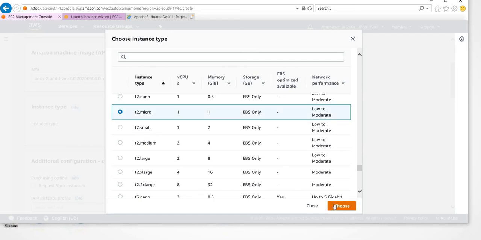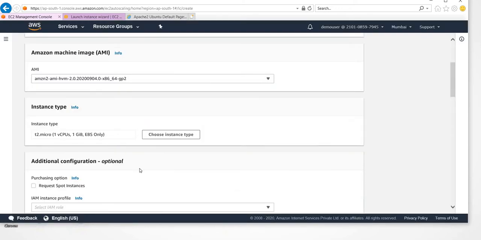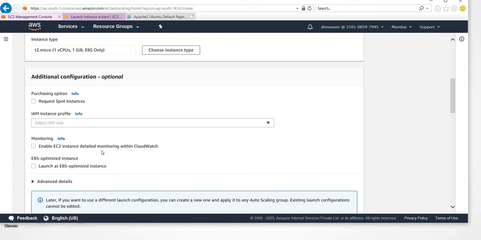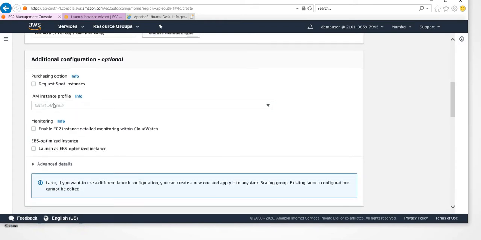I just selected T2 micro, and then there are some additional configurations, which are all optional inputs. These cover what type of instances you need, whether you need spot instances, and an IAM role.